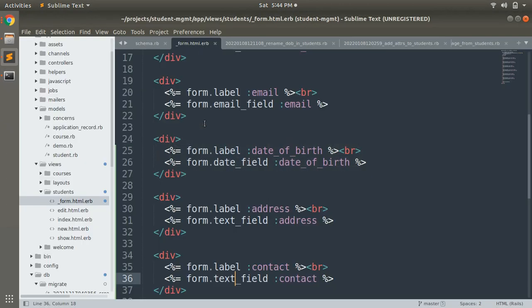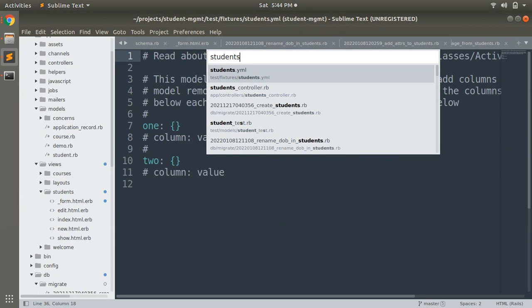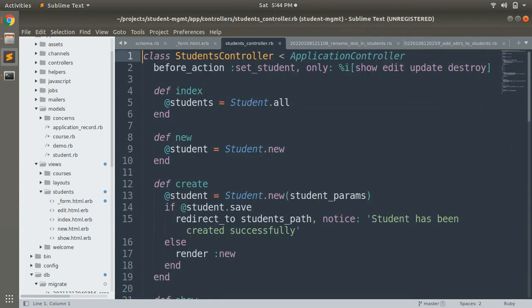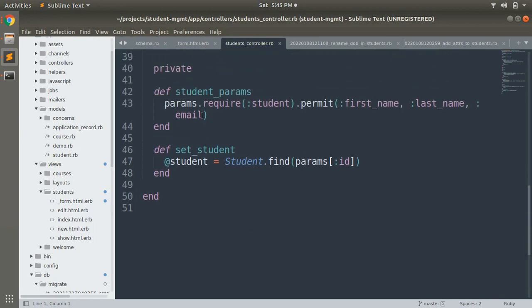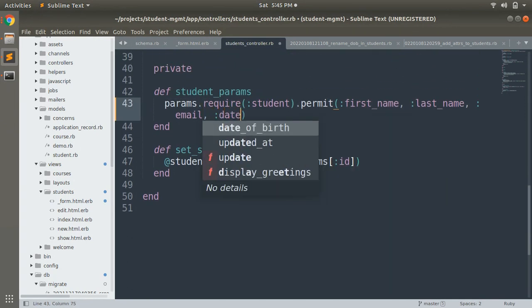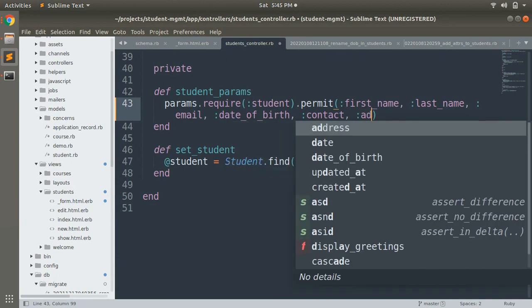So open the students controller, and in students controller we need to permit these parameters as well. So here we will provide date of birth, and here we will provide contact, and we will also provide here address.